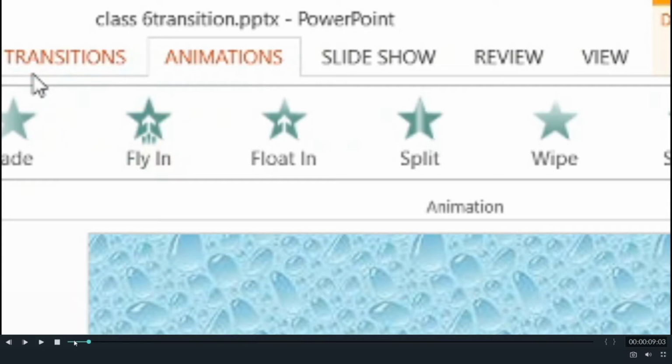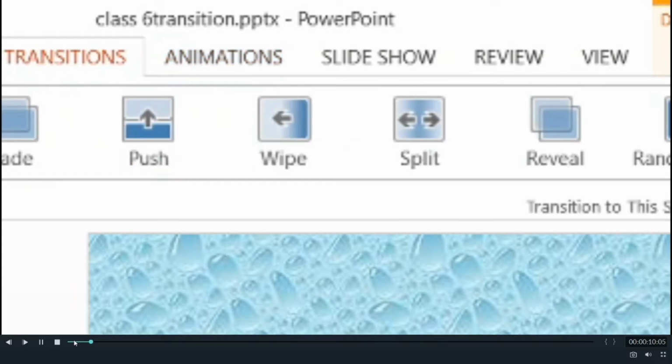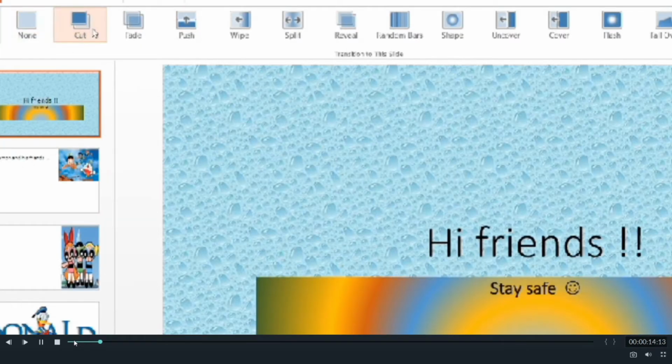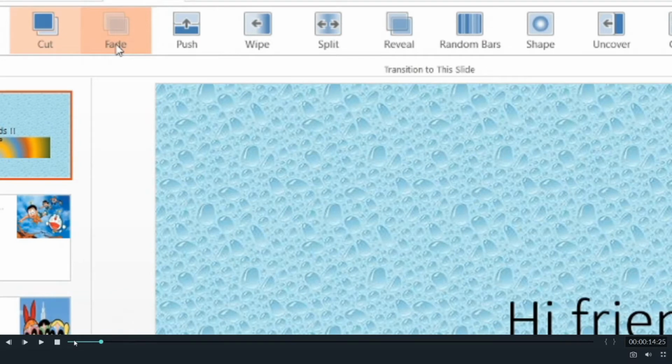These two tabs will help us in applying the individual effects on our slide. Right now we are going to learn how to apply transition effect. So select the slide and click on the transitions tab. As you click on the transitions tab, the related group will appear. These are the transition effects which you can apply to your slide.